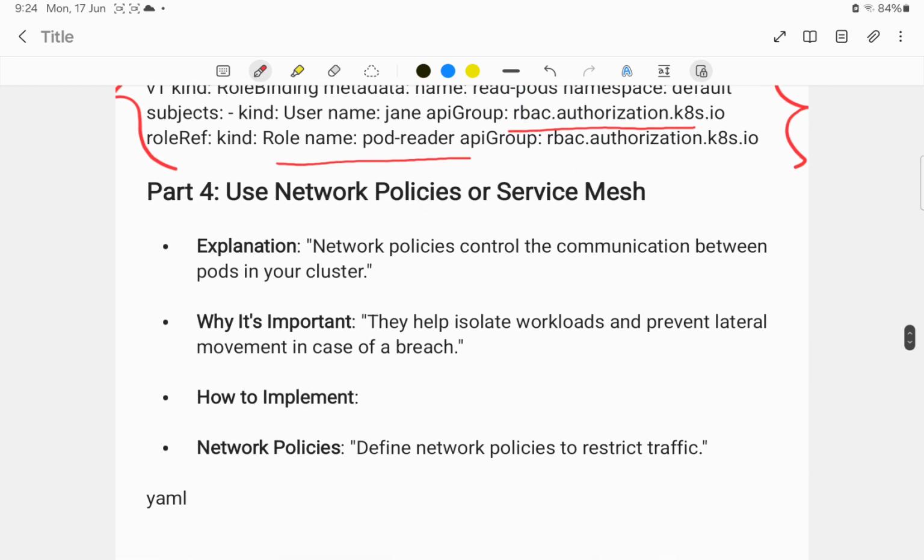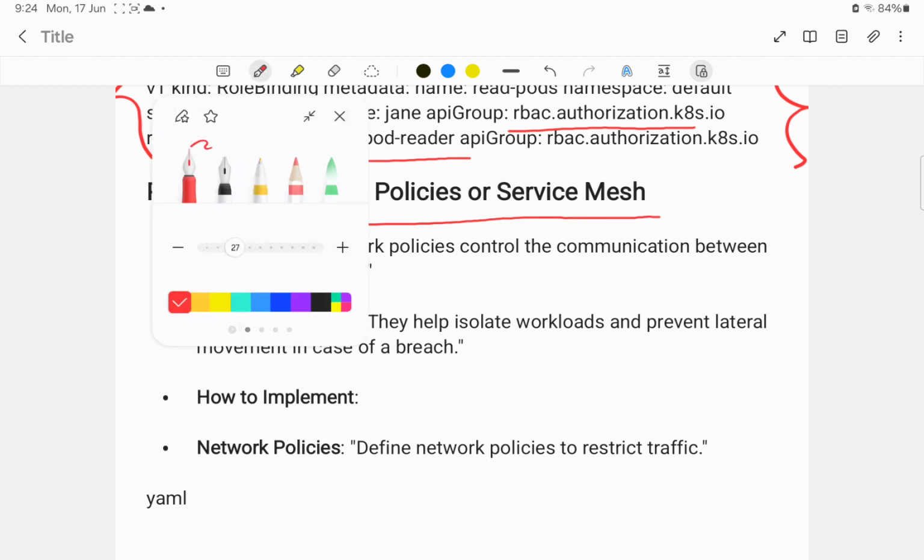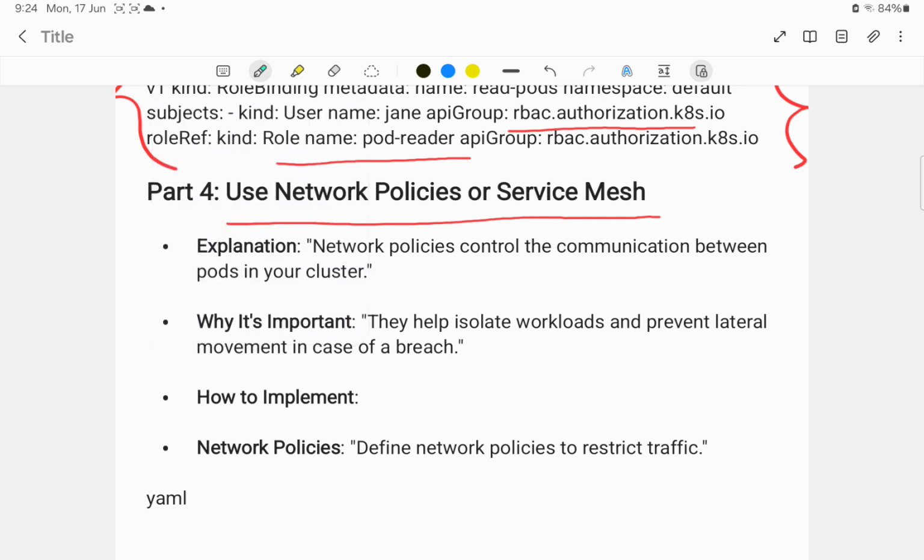And the fourth point is using network policies or a service mesh. In this video, just understand network policy. Using network policies, we can make Kubernetes much more secure. Network policies control the communication between pods in your cluster. If there are many pods in a cluster, like four or five pods which have some managed servers in them,